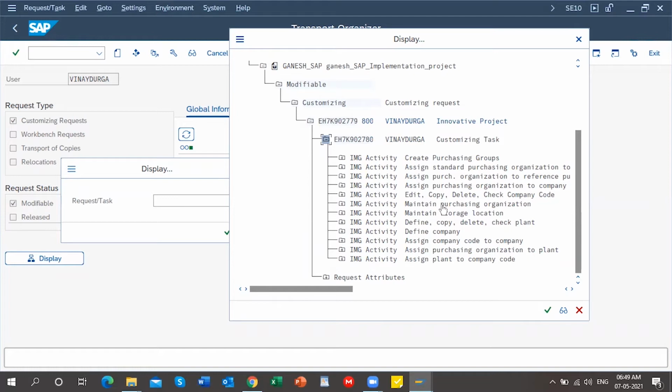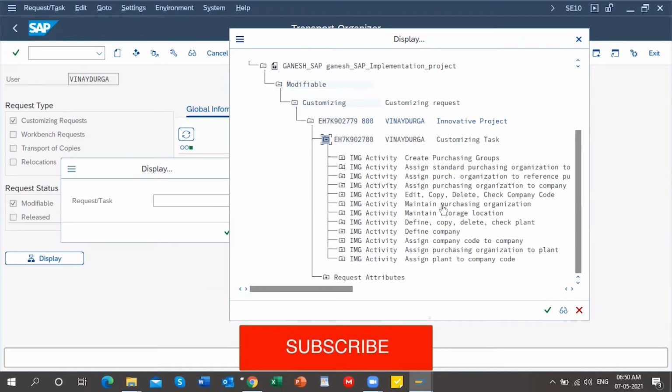This is why I stress maintaining the same customizing request number: so we can easily track whatever activities or changes or customizations you have done in the system. It comes under a single customizing request number, and you can review it again.